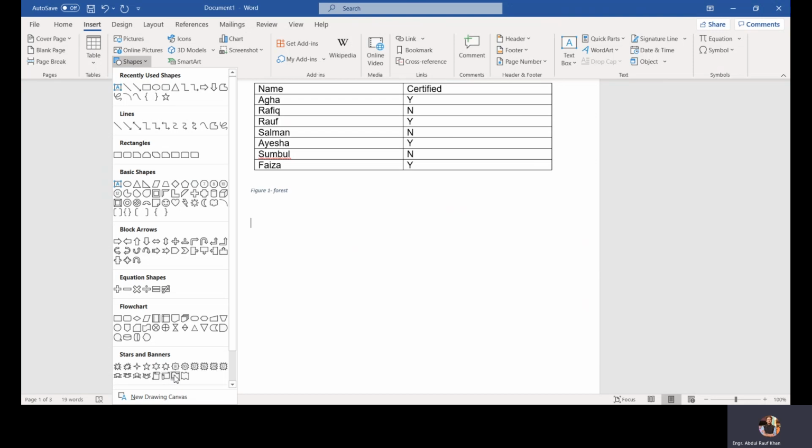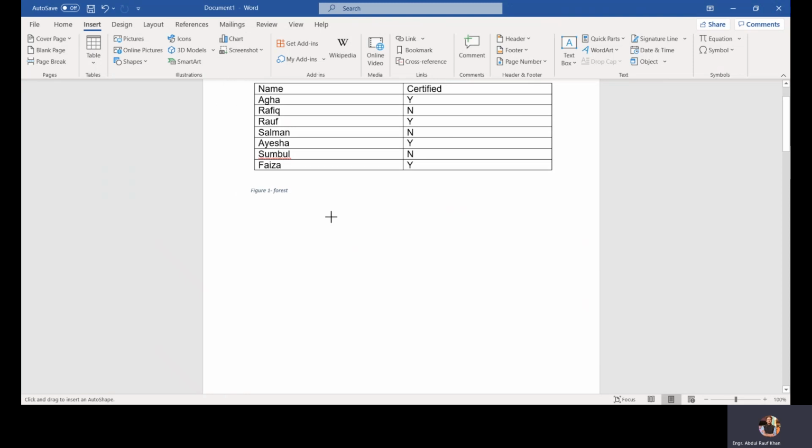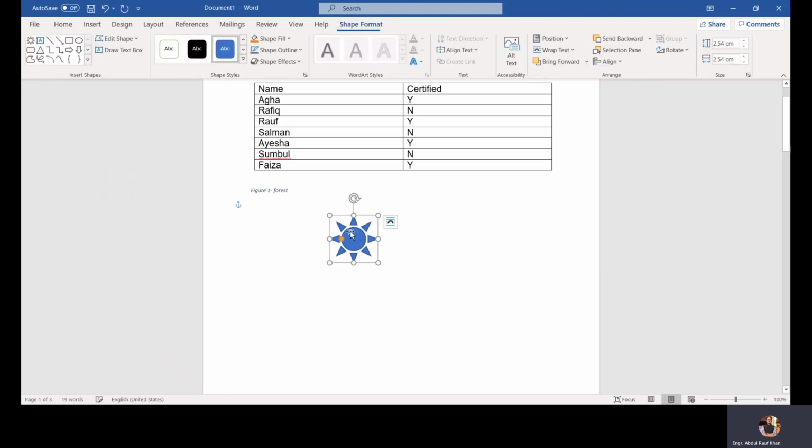These are scrolls. These are waves. You can add waves here. Add sun. That's sun. And you have to click once. It will add the shape automatically. And there are shape features too. Like if you want to edit shape, like change the shape, you can change shape from here